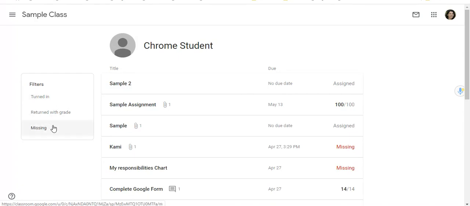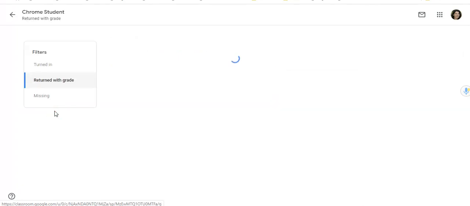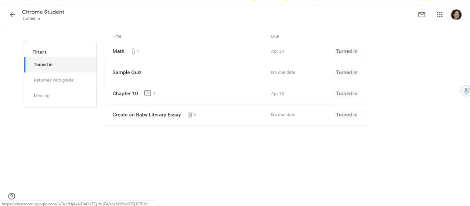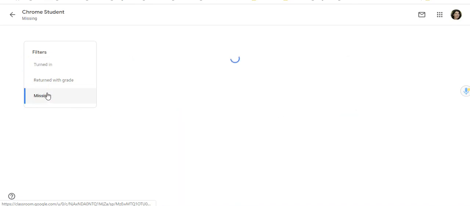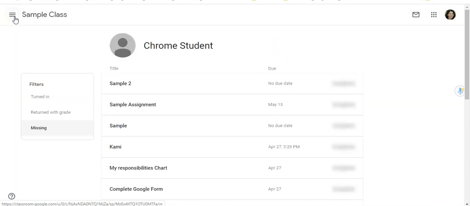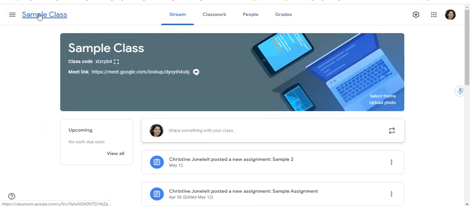And on the left-hand side here, I can filter returned with grades, or I could click on turned in, or I could look at just what's missing. Now, when I go back and I want to go back to the grades section,